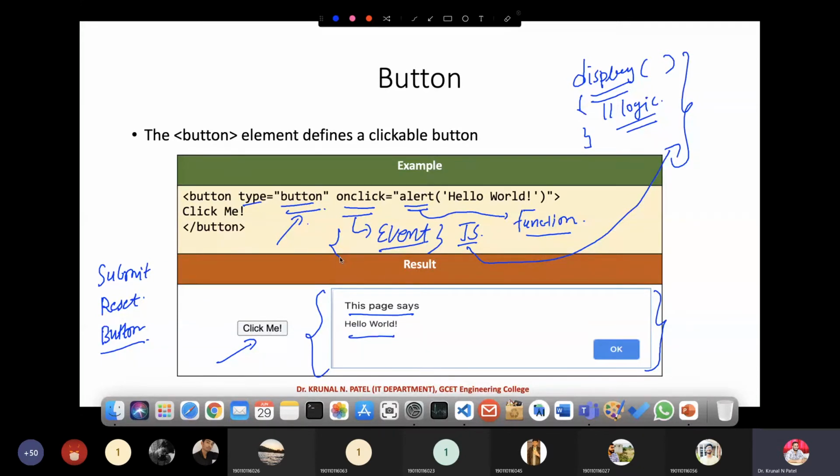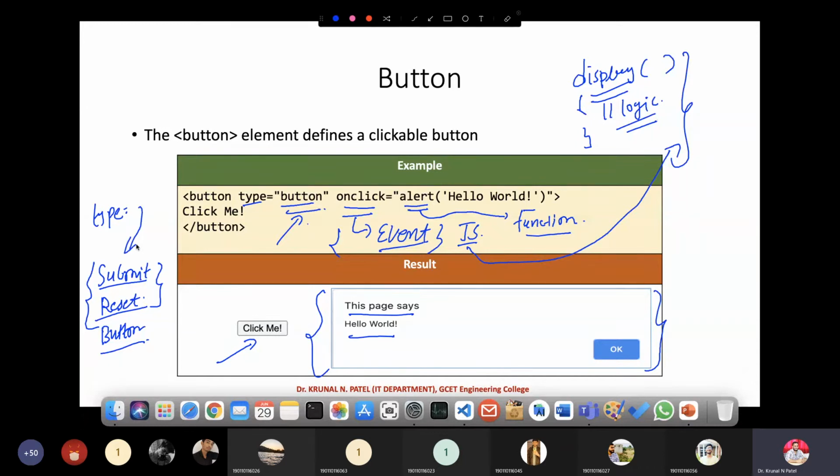This is the use of button. We have three types of buttons. One is a submit button, another is a reset button, and you don't need to change anything over here. It is specifically used for that, and in that you have to define type equals to this.